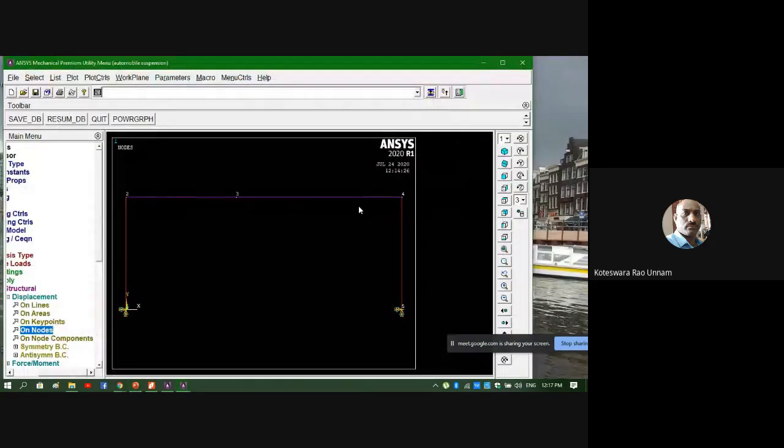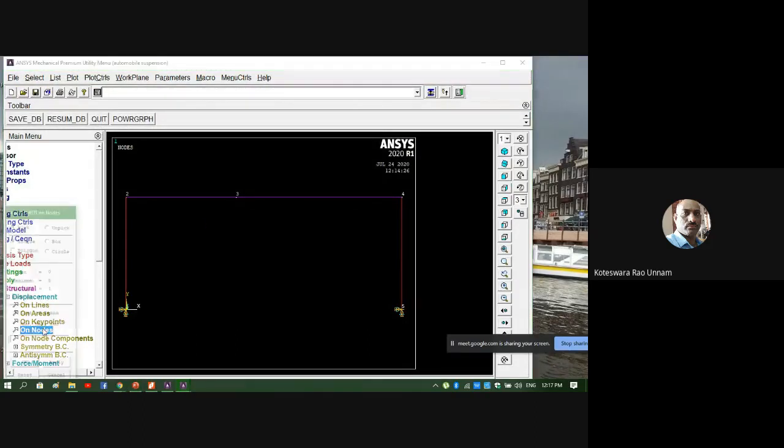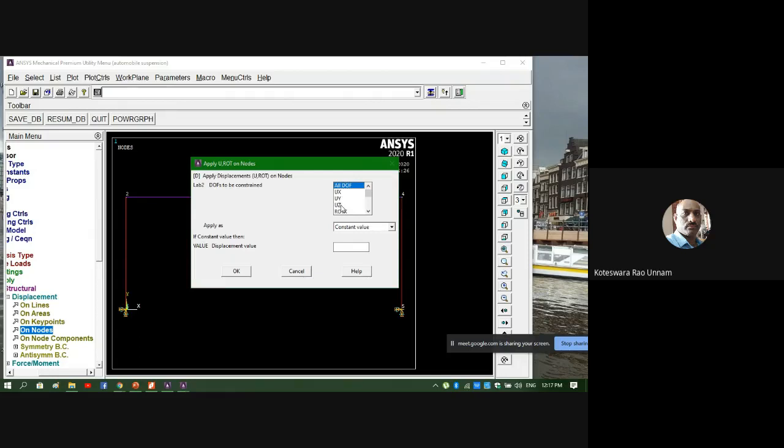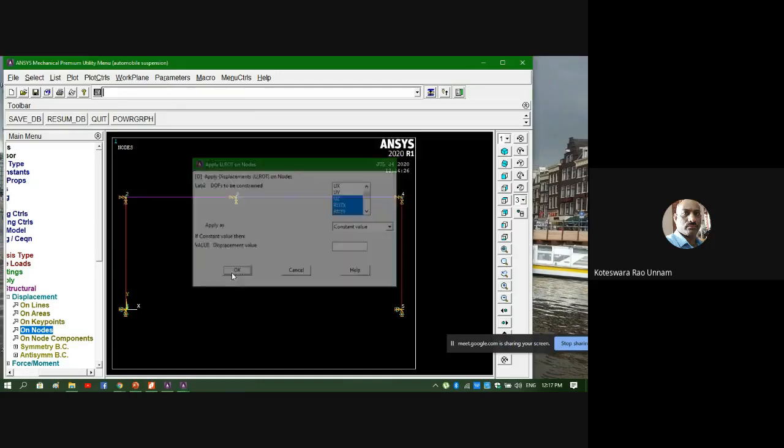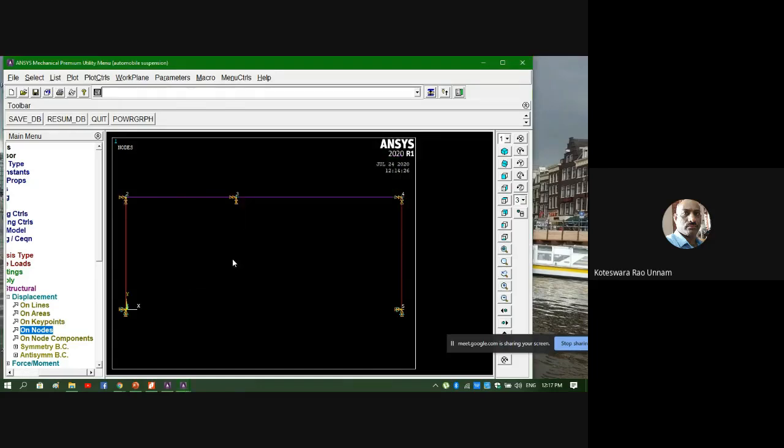So actually, if you take a beam element here, 6 degrees of freedom are there. I want to constrain all those unnecessary degrees of freedom for node 2, node 3, and node 4. So for node 2, node 3, node 4, I don't want to use it. Unselect all degrees of freedom. You need to select UZ, rotation X and rotation Y because I want only one vertical translation and one rotation, and the translation is along Y direction and rotation is about Z axis.